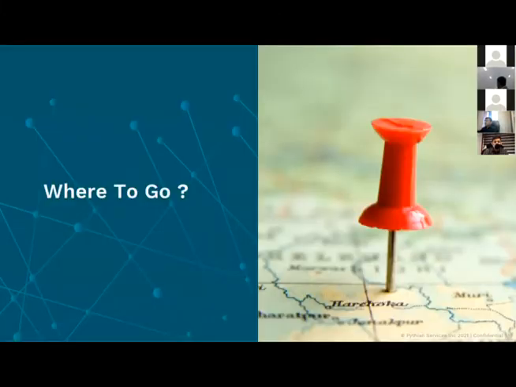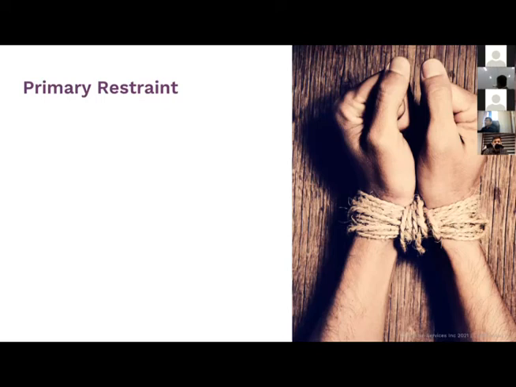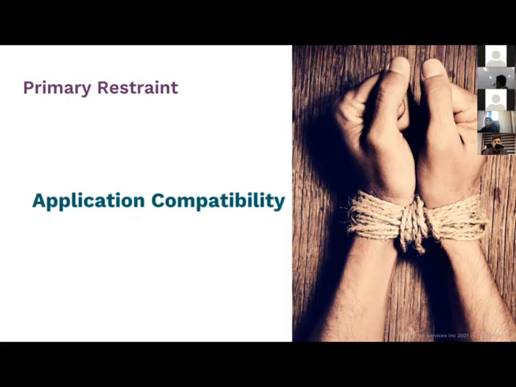So again, let's begin in very generic terms: where to go. Whatever the platform is, the first thing you want to figure out is where you want to go, what you want to be on, or what you want to upgrade to. I'm talking about this specifically in terms of Oracle, but this is true for any RDBMS as such. Your primary constraint is your application compatibility. At the end of the day, the application is the business driver. So what we want to know is what your application is compatible with.